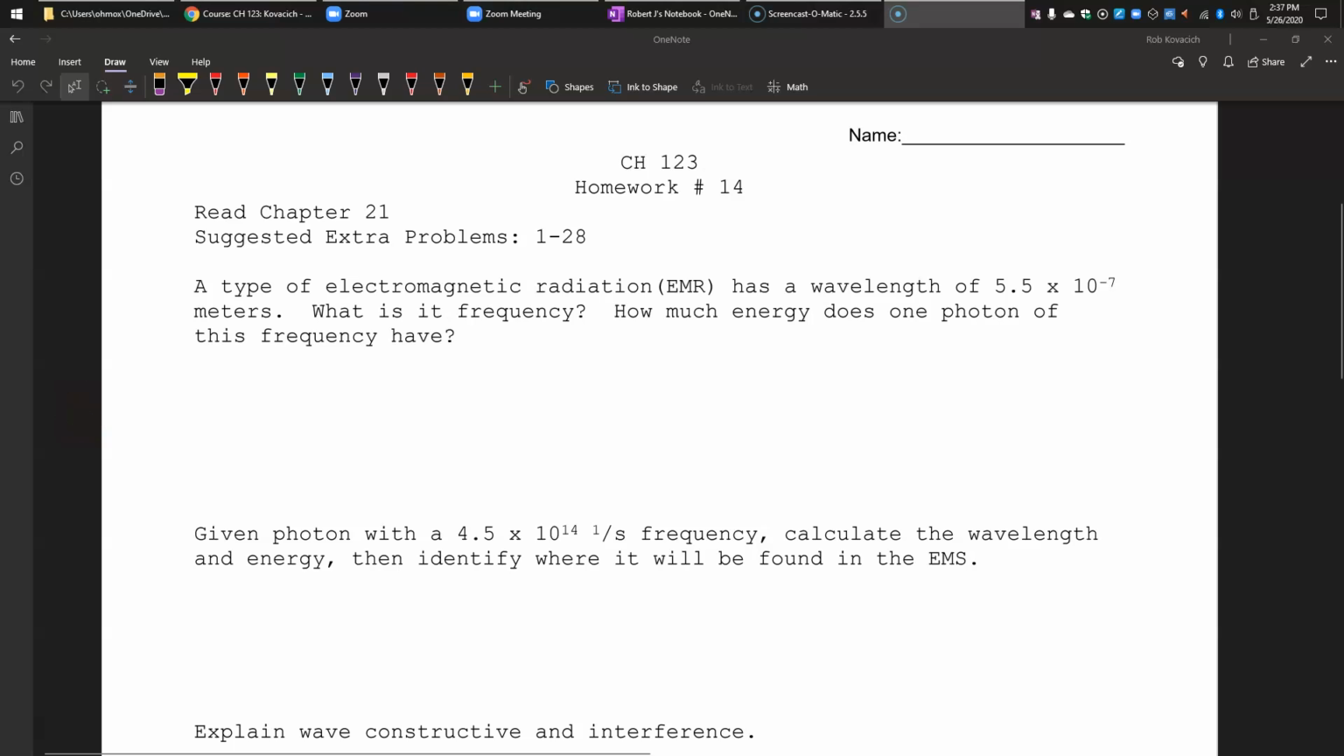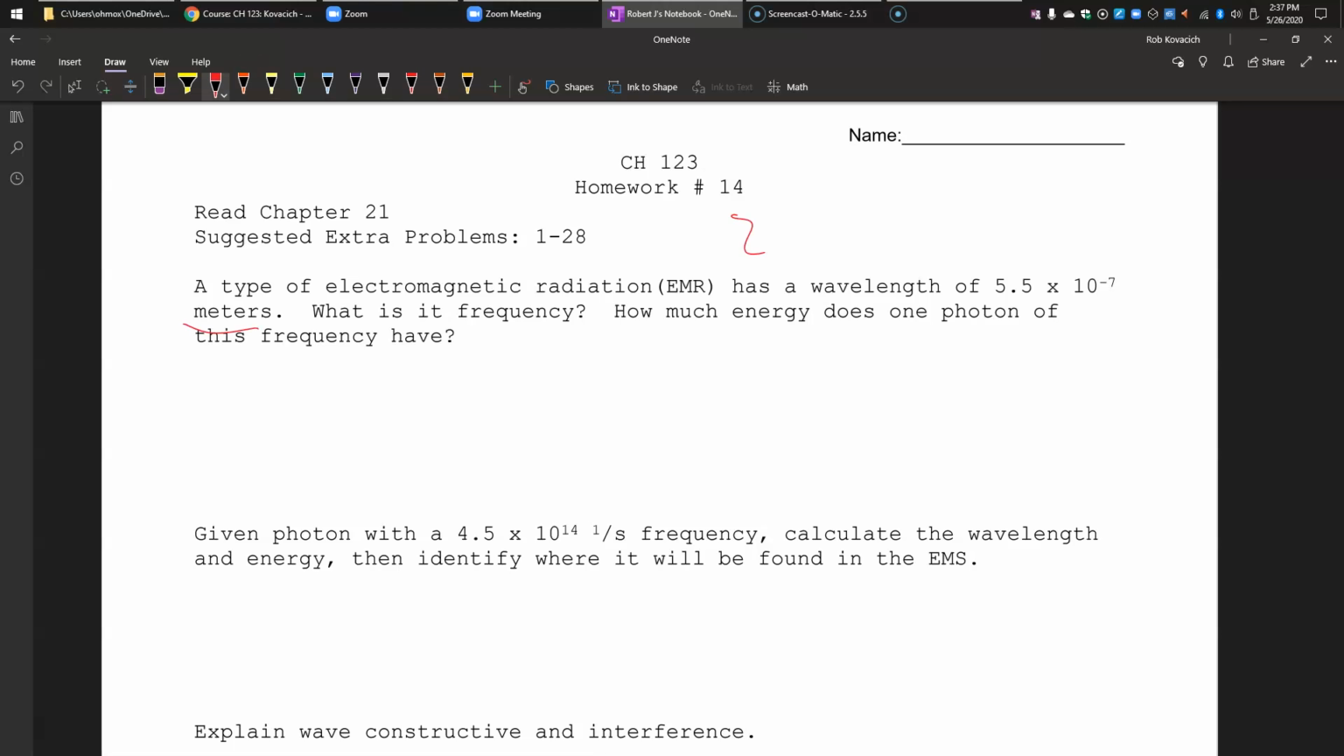All right, a type of electromagnetic radiation has a wavelength of 5.5 times 10 to the negative 7 meters. What's its frequency? How much energy does it have? And I'll throw in another question: what type of radiation is this? So, how are we going to convert out of this meters